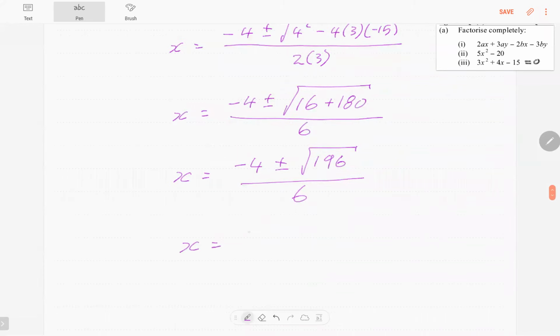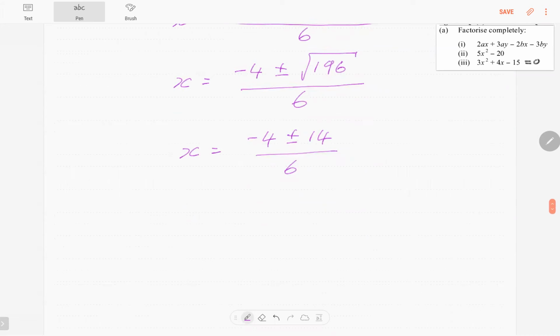So you get x equals minus 4 plus or minus 14 divided by 6. So you're going to get one root with the minus and one root with the plus. So x equals minus 4 plus 14 over 6, or x equals minus 4 minus 14